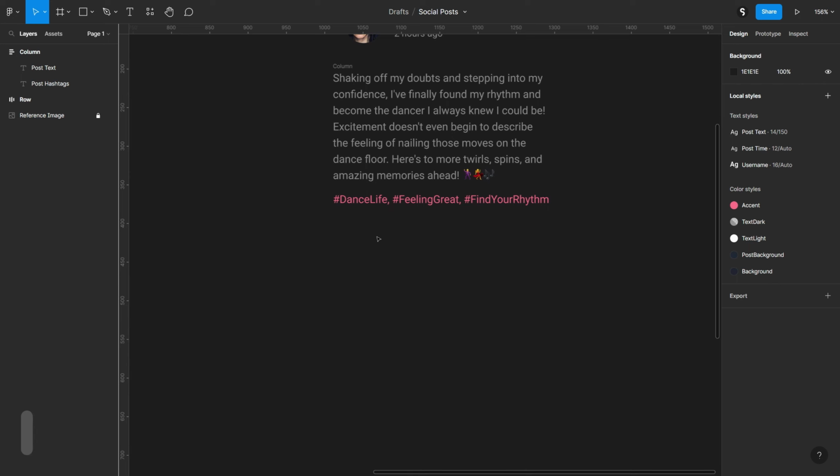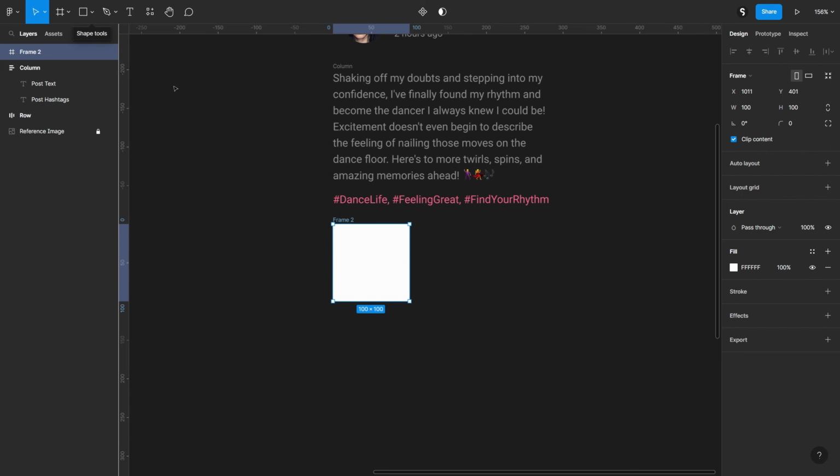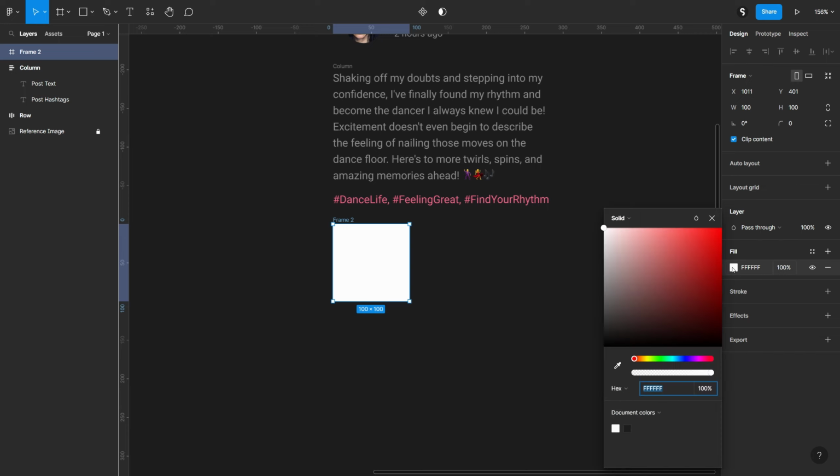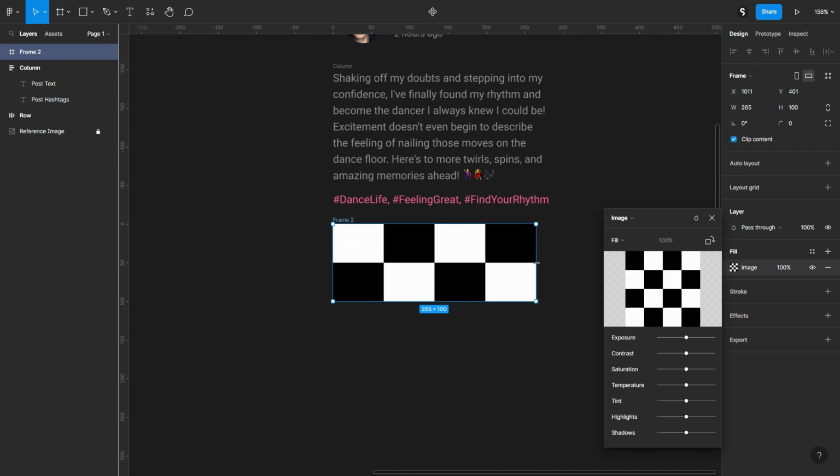So we can hit F on our keyboard for a frame. Always use frames. Don't use rectangles, circles. It's better to use frames. It gives you more adjustments over stuff. We're going to switch the fill just like we did with the icon. We're going to switch it from a solid to an image. And then we want this image to be